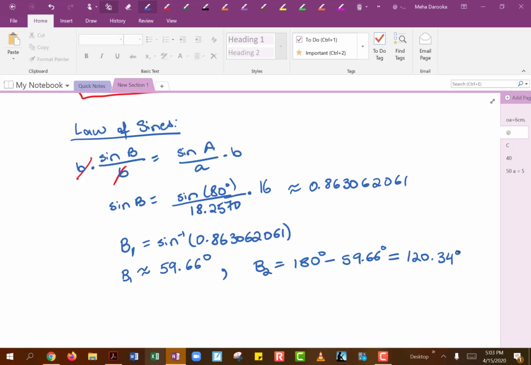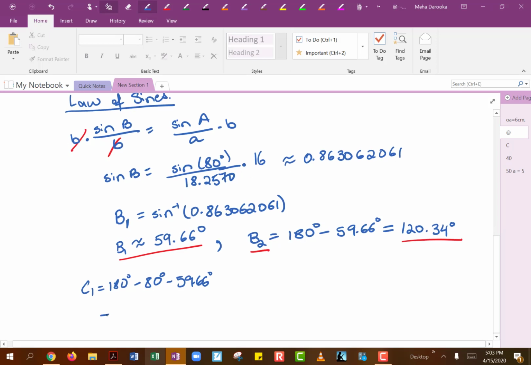And then based on each one of these values, we can calculate our C angles. So for C1, we will do 180 minus 80 degrees for angle A, minus 59.66 degrees for angle B, which will of course come out to be 40.34 degrees for C1. And then for C2, we will do 180 degrees minus 80 degrees